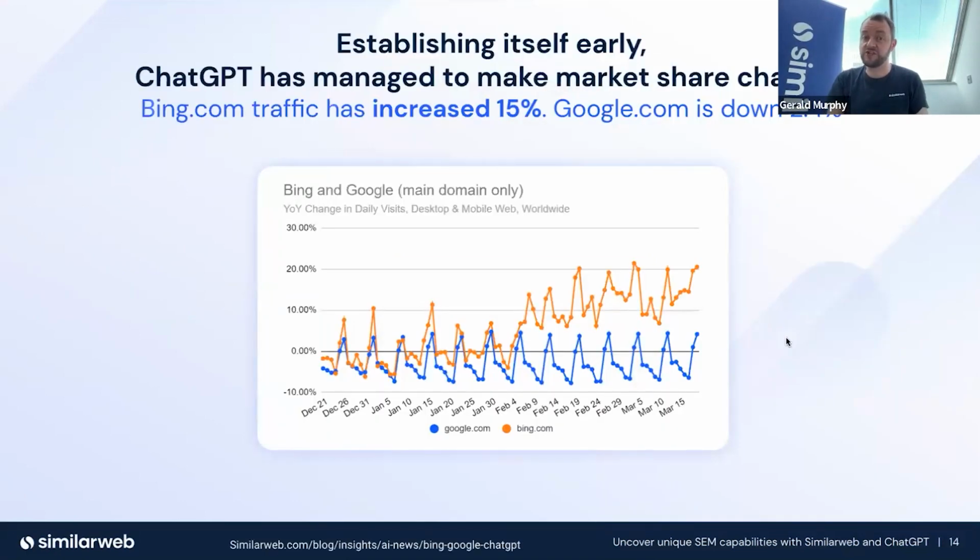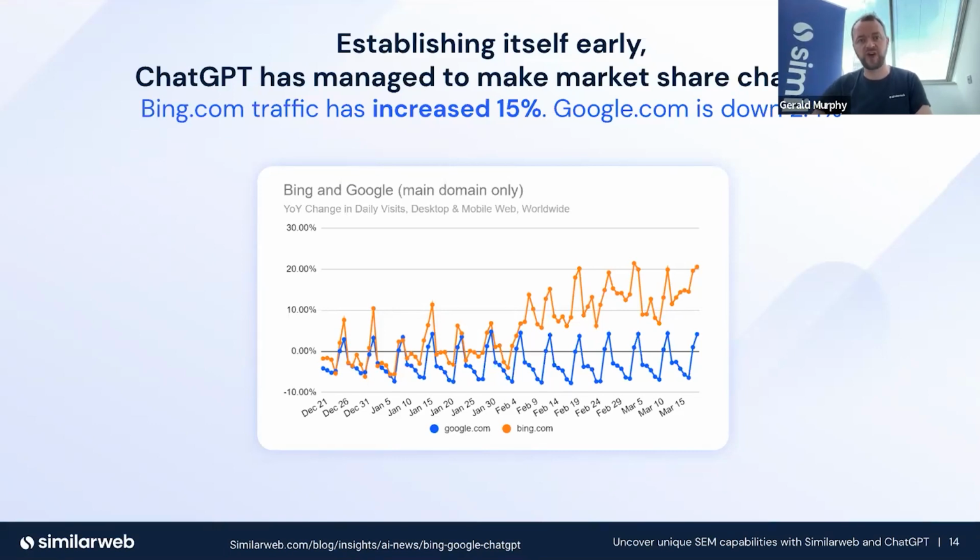Interestingly, when it comes to search engine marketing, ChatGPT, by establishing itself early, is starting to change search engine market share. Bing, for example, wasn't really an engine where brands were starting to think about investing more money in. But actually, Bing is a really good search engine to be doing that. In fact, there are multiple search engines where brands should be investing their money in. What I think is going to happen is we're going to move away from a Google-only search strategy to a Google-first search strategy with other secondary strategies behind that.